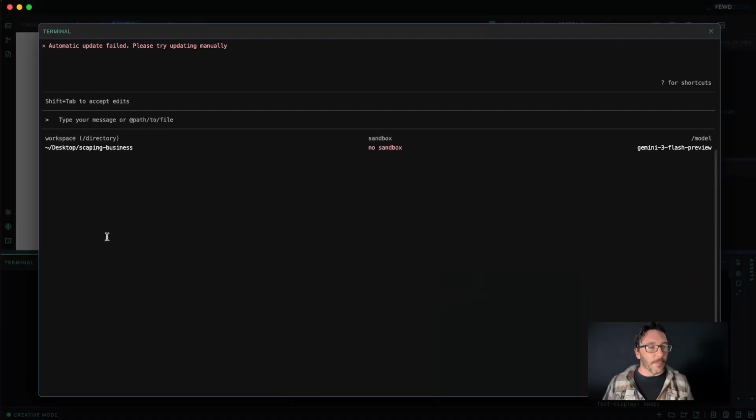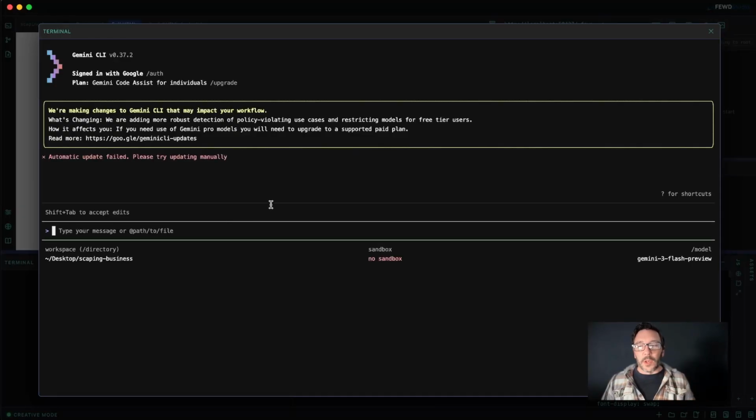Now, I'm going to do this really quickly. You should take more time with your prompt, but I've got a bit to copy and paste, and the rest I'm just going to quickly slap together. You can talk into it if you want. I like to type so that I know what I've actually communicated. So we are building a local landscaping website,